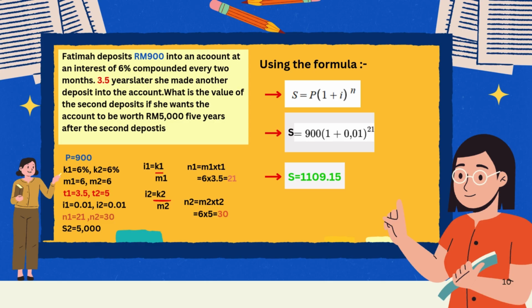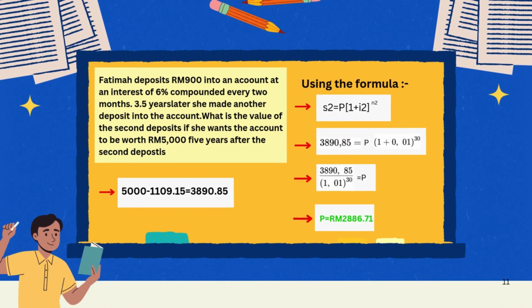And S2 is 5,000. Using the formula S equal to P, open bracket 1 plus I, close the bracket, power by N, we will get S equal to 900, open bracket 1 plus 0.01, close the bracket, power by 21. We will get the answer that S is 1,109.15. 5,000 minus 1,109.15 equal to 3,890.85. Using the formula S2 equal to P, open bracket 1 plus I2, close the bracket, power by N2, we will get that